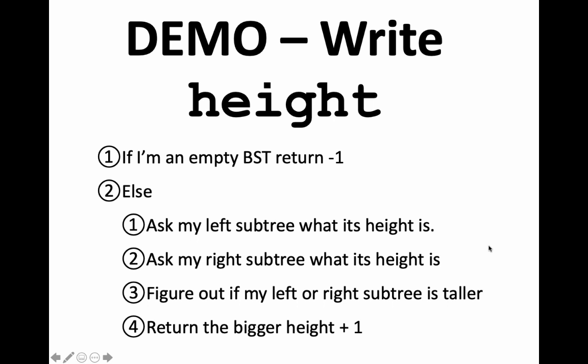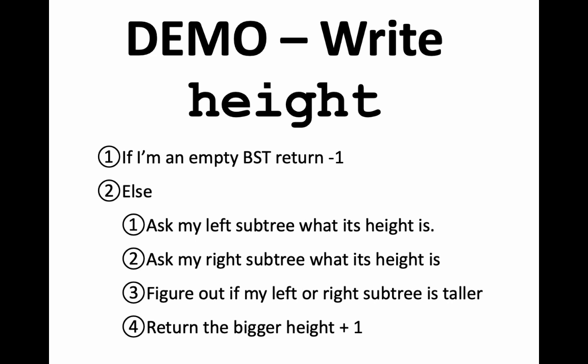Okay, so we're going to take the perspective of an individual tree or an individual subtree. So if I'm an empty binary search tree, then I'm going to return -1. Otherwise, I'm going to ask my left subtree what its height is. And I'm going to ask my right subtree what its height is. I'm going to figure out which of those two things is taller. So which of those gave me a bigger number? So say my left subtree has a height of 10 and my right subtree has a height of 4. Then my eventual height is going to be 11 because it's the taller one, the 10, plus one more